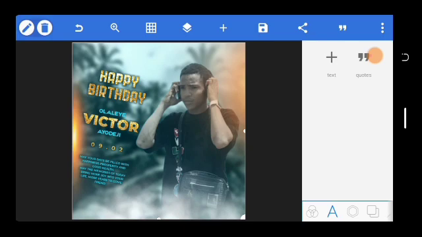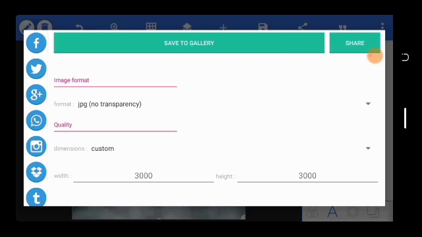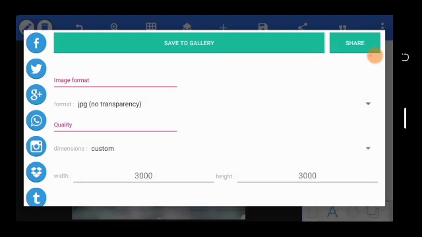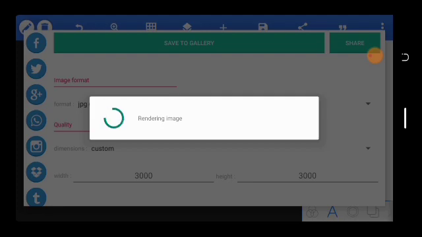But before the end of this video, what we have to do is to export our image, as you know. So to do that, export it this way. Click on this save sign, this save here, and save as image. You can save as project as well. Save as image. You can save with any mode like Ultra, Very, anything. But to save with this particular size that we use, this 3000 by 3000, just click on save to gallery. Then it will help you to save